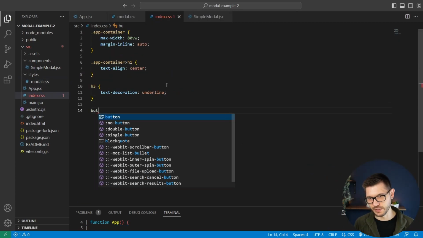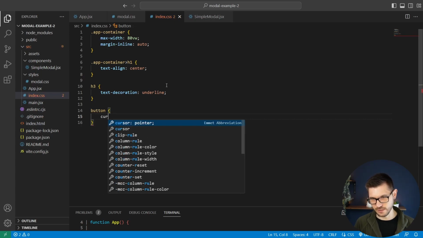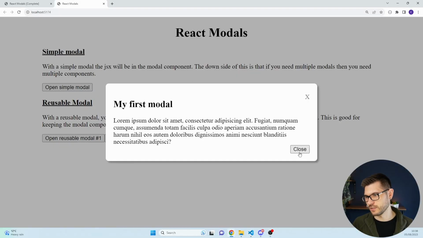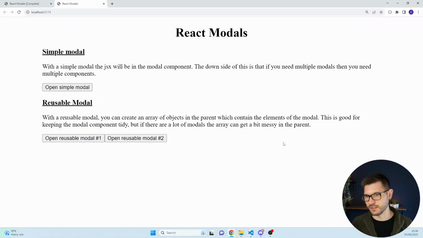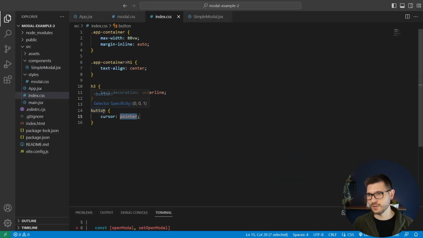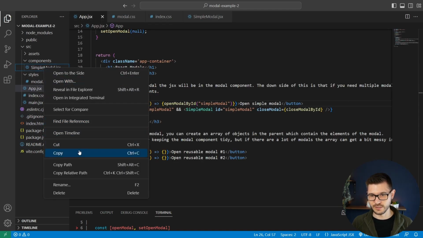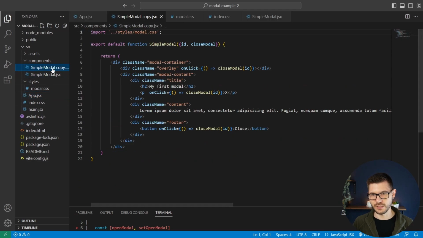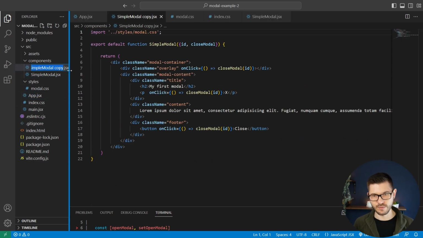I just want to add the button here, and I'll add cursor pointer, just so it again looks like we can close it. And that is the simple modal itself. The reusable one is going to be very similar indeed. So we can actually just copy this and paste it in there, and we'll rename it